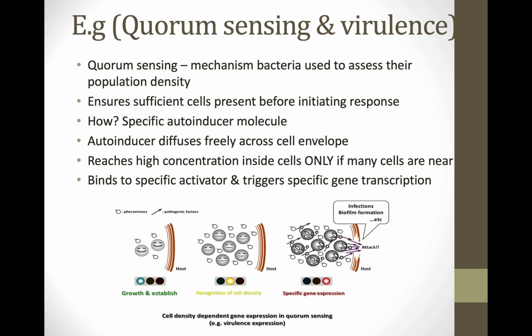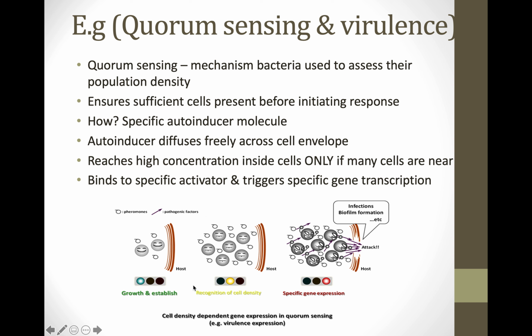And how do they do that? They have specific autoinducer molecules, as you can see over here. The autoinducer diffuses freely across the cell envelope, and once it reaches high concentration inside cells, only then does it signal that you can populate or overpopulate now, because there are many cells for you to grow. In quorum sensing, it binds to a specific activator and triggers specific gene transcription to make sure that they can survive. So for growth and establishment,